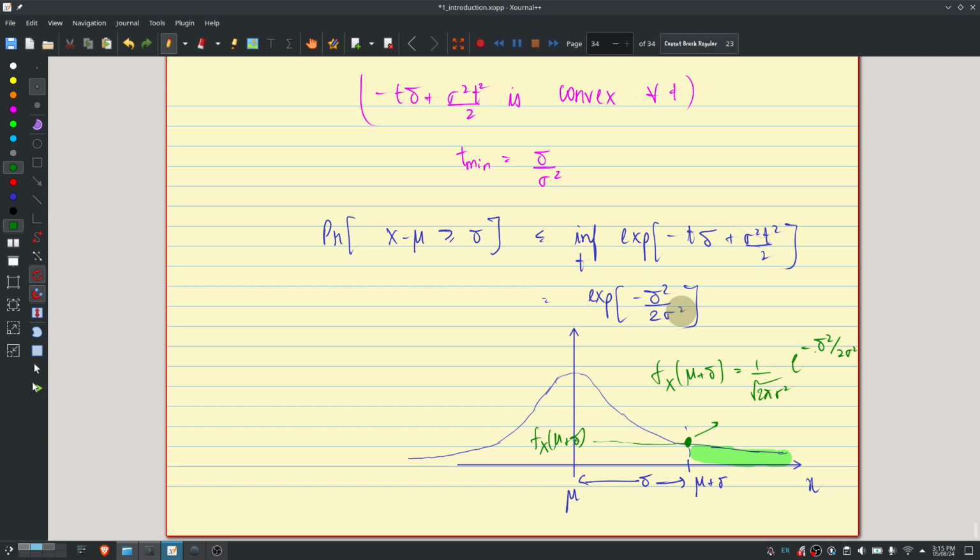Sorry, what probability? From 0 to mu plus. Correct. Probability is 0.67. So this is some delta, right? Delta is not dependent on sigma. Delta is something which is independently chosen. Any questions so far?